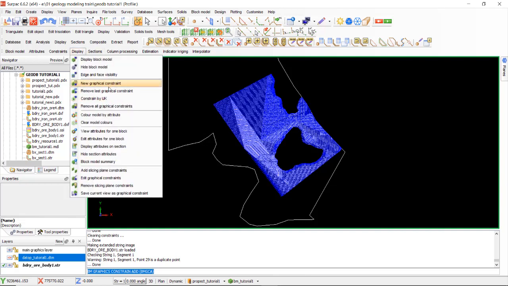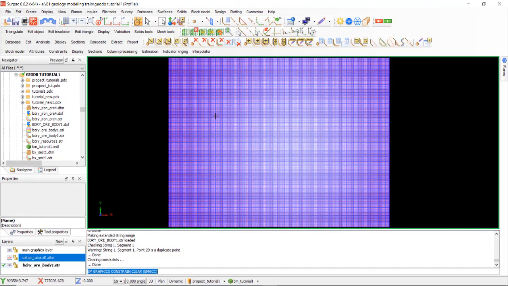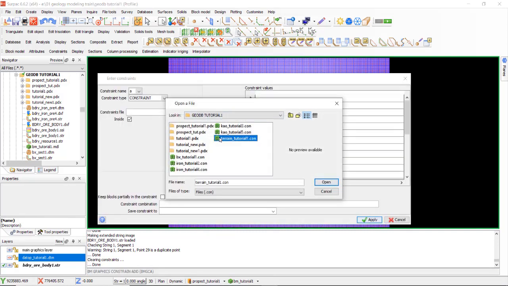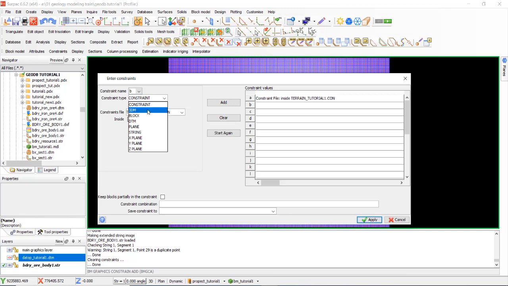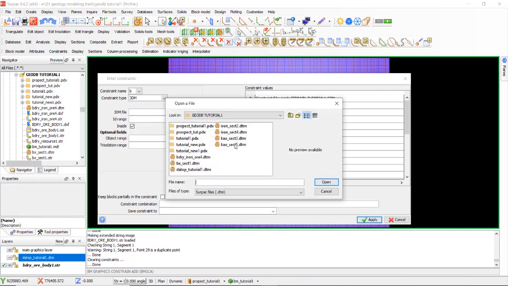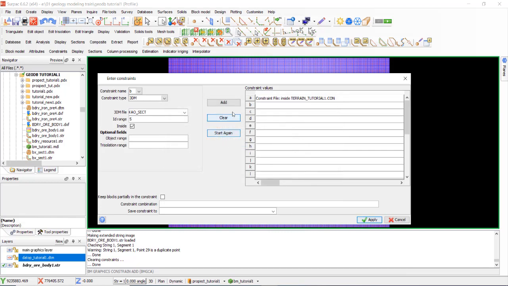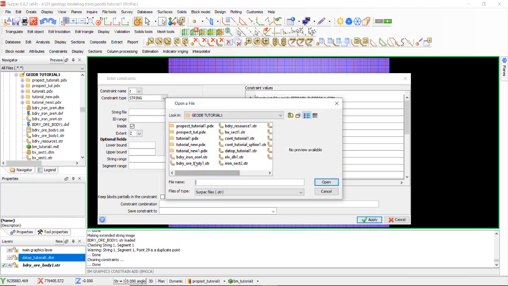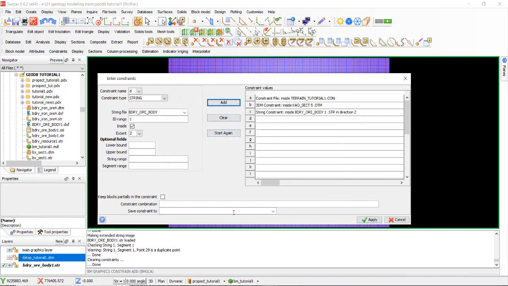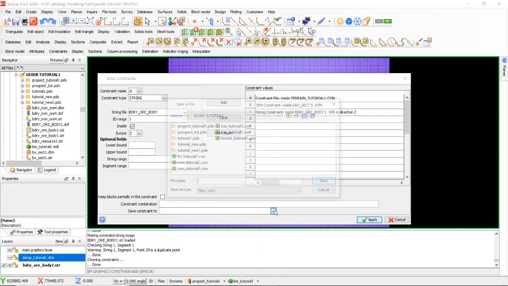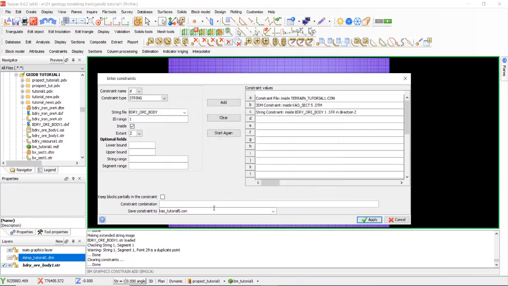The last is layer number 5. Graphical constraint, 3DM for layer 5, KO, constraint by string of the body. Number 5, layer 5, apply.